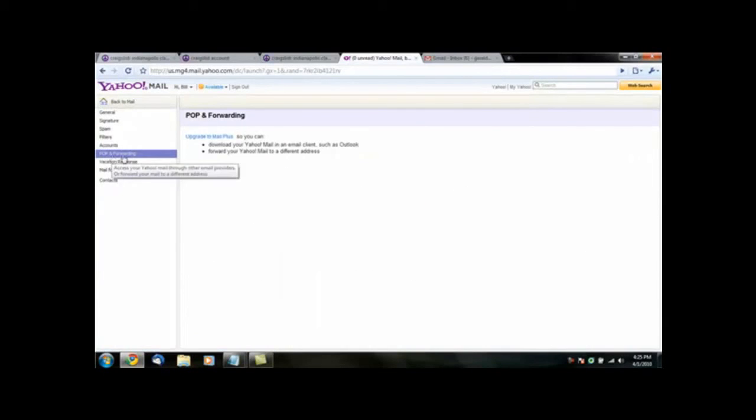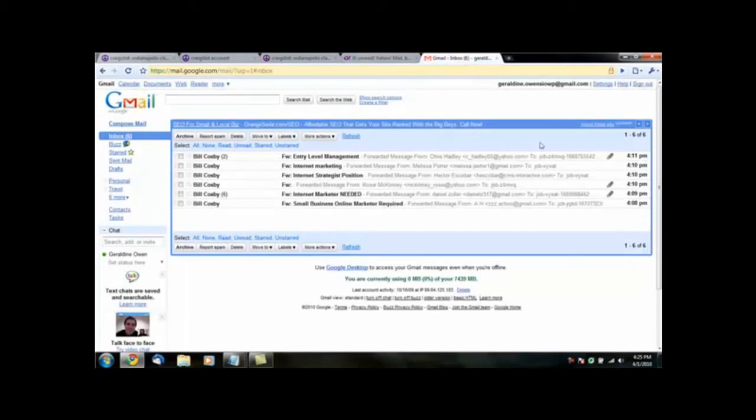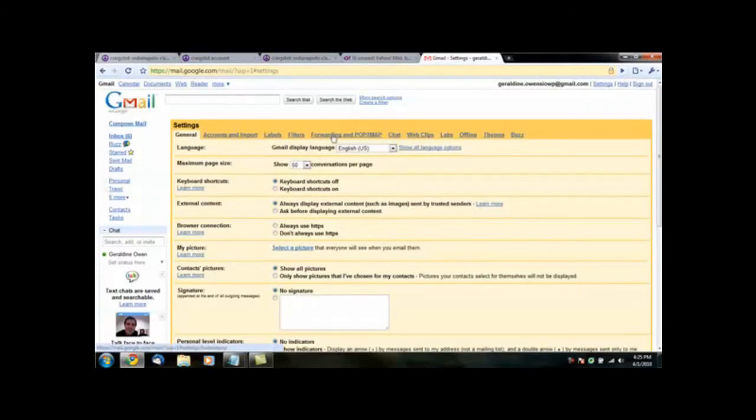And I'm going to show you how to do this real quick. You can actually go to forwarding and POP/IMAP settings and forward a copy of incoming mail to, and you can put an email address that will forward everything. However, if you may have other emails coming in, then what you can do is you can